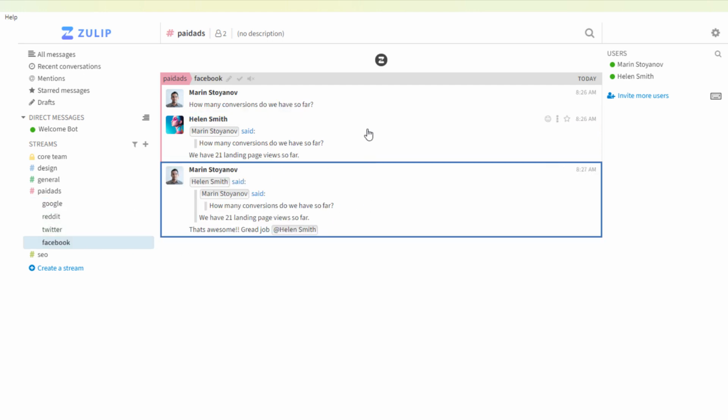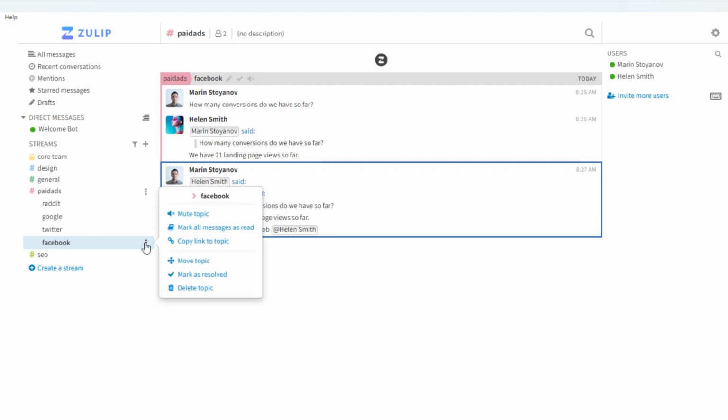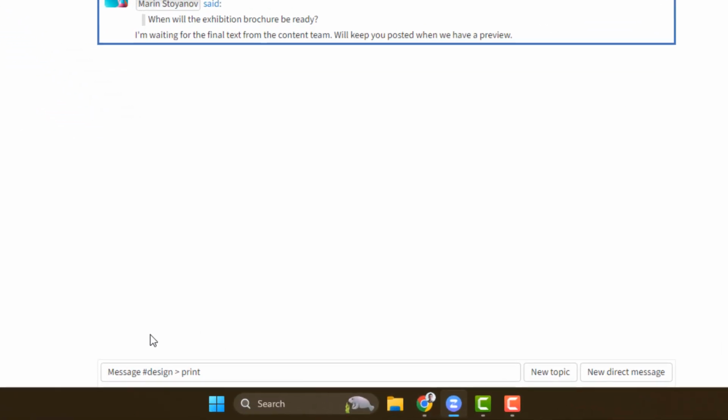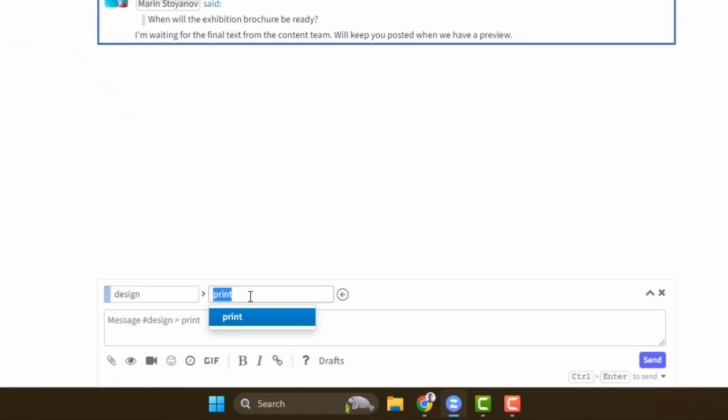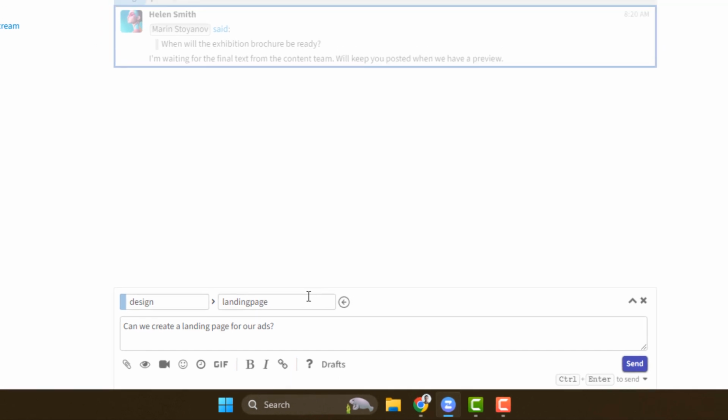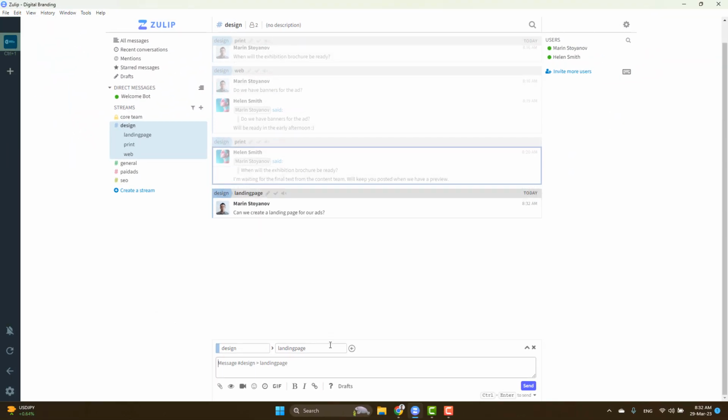Within a stream, participants can read messages in the topics that interest them, skipping those that are not relevant or interesting. Additionally, participants can choose to mute specific topics to avoid being notified about them. To start a new topic, simply type the topic name in the message compose box and hit enter. You can then start typing your message and send it to the relevant stream. Other participants in the stream can then respond to your message, creating a threaded conversation that is focused on that specific topic.